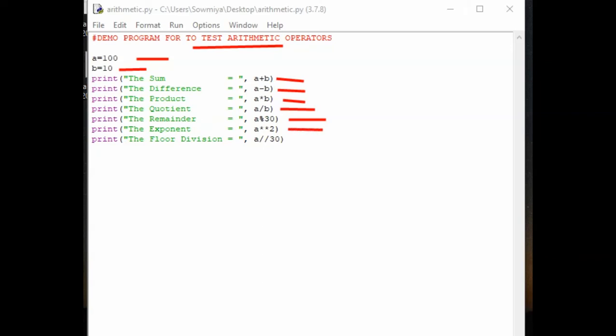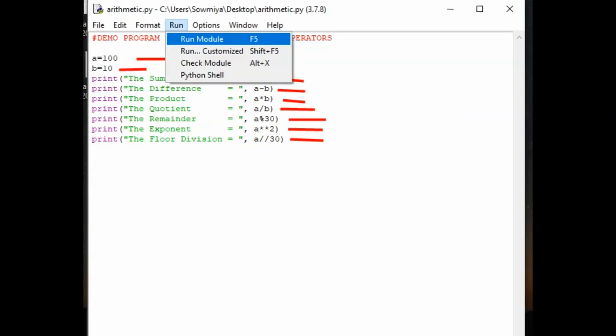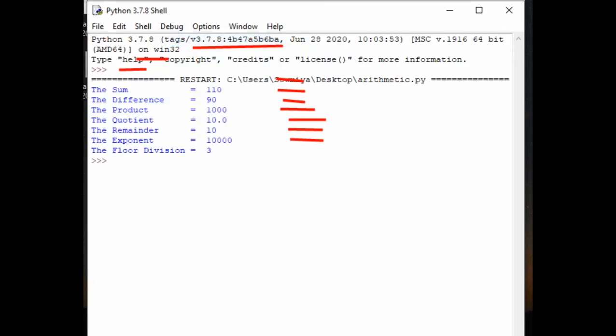See here, the a value is 100, so 100 to the power of 2, and floor division is nothing but it gives the integer value, the integer value of the quotient. Now run the file and see the difference.